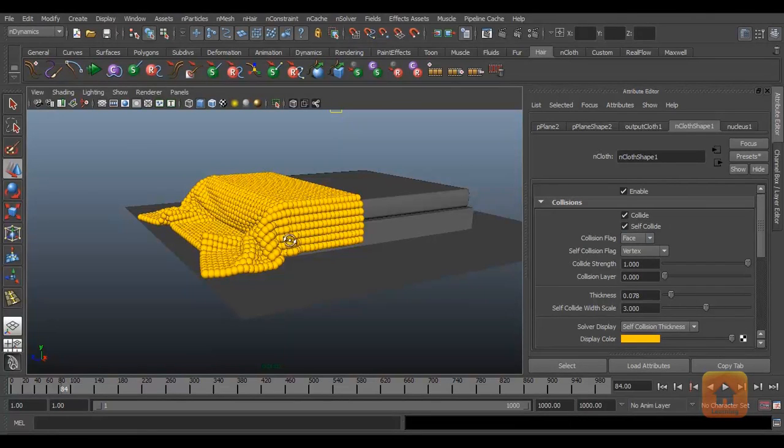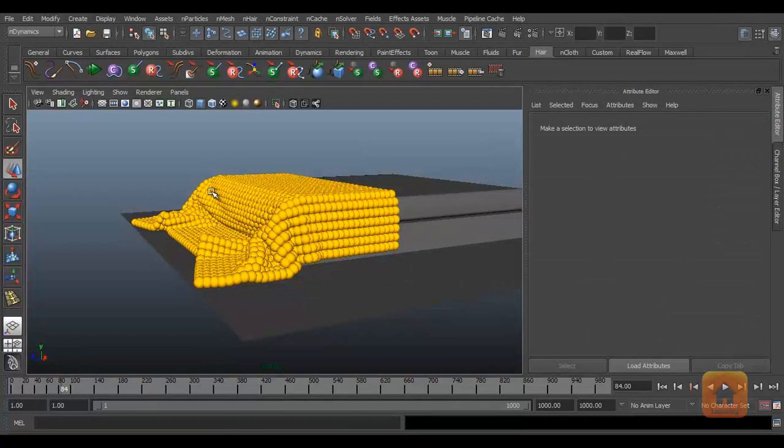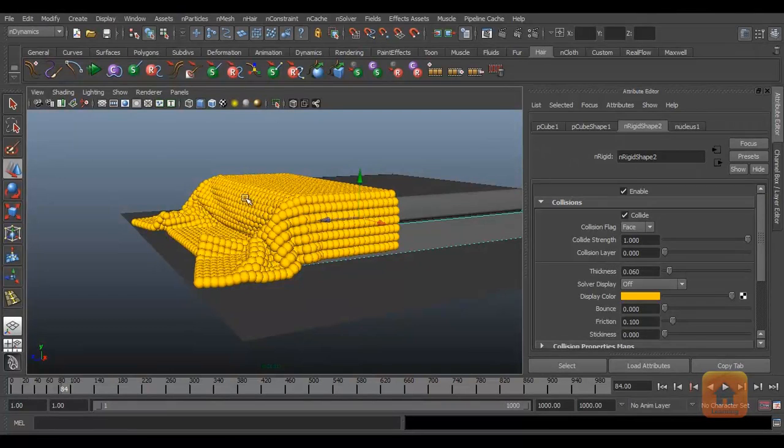The collision thickness defines how the cloth will interact with any passive object. And on the other hand, sorry,